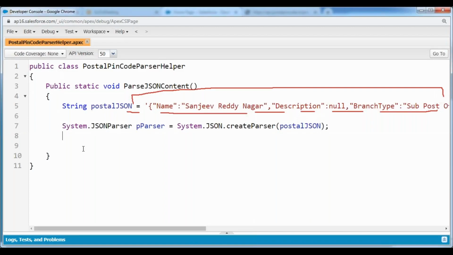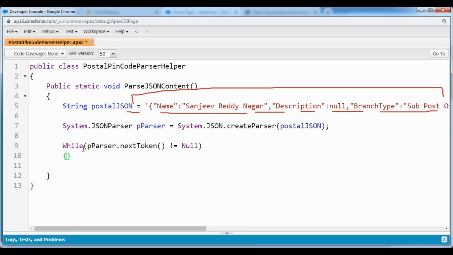While pParser.nextToken not equals to null. That means please iterate over the tokens from starting to last, till we reach that last. Now currently my cursor is available inside here. So get the current token. Current token is what? Name. In order to get the current token, I would like to use the method called pParser.getCurrentToken. So I'm indicating if pParser.getCurrentToken